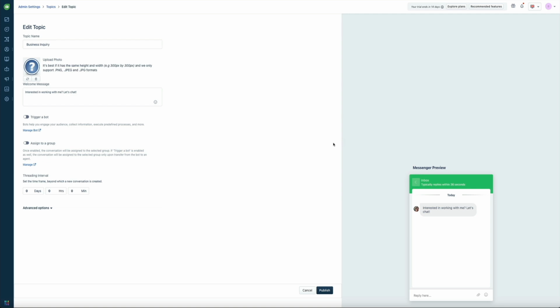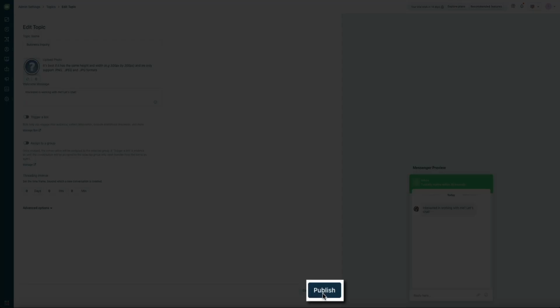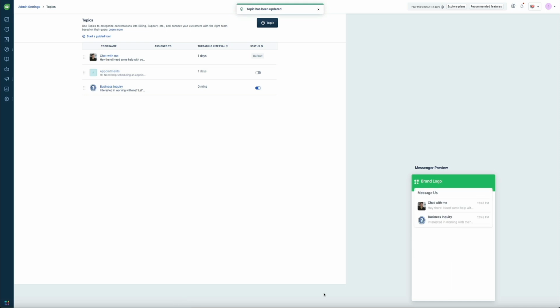There we go. Then I'm actually going to have this topic be managed by a chatbot, but we need to first build the bot and then enable it on this topic. And I'm going to leave the remaining settings as is, so this topic is actually good to go for now. So let's go ahead and publish it by clicking the publish button. And then my two topics have been updated and are more in line with how I want them to interact with my site's visitors. So let's head back to the chat widget customization menu,